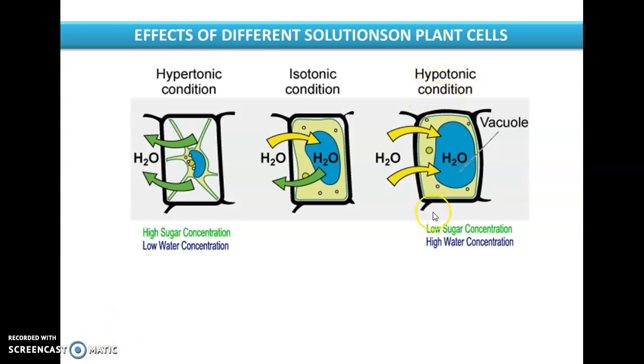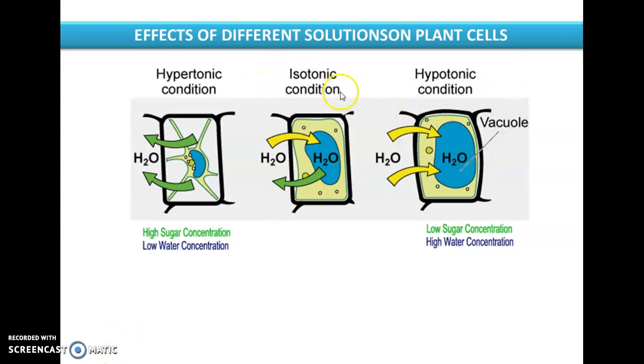In hypotonic solution, the concentration of solute or sugar is less and the concentration of solvent or water is high as compared to the cell, right? So what happens here, again there should be a movement of solvent from higher concentration towards the lower concentration, which means from outside the cell towards inside the cell. That results in the cell likely to swell up or become inflated.